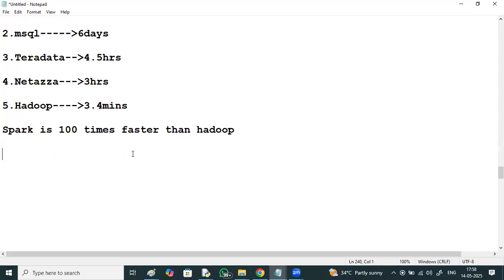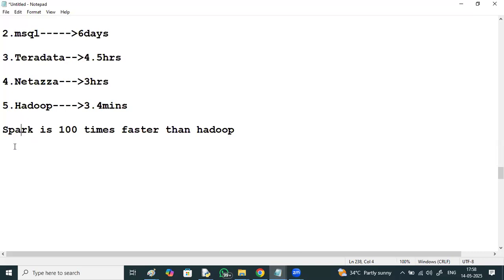That's why today industry is expecting quick results, fast processing. So Spark is a very high speed processing technology, and it has a great demand today. It has many features. If you talk about the features,